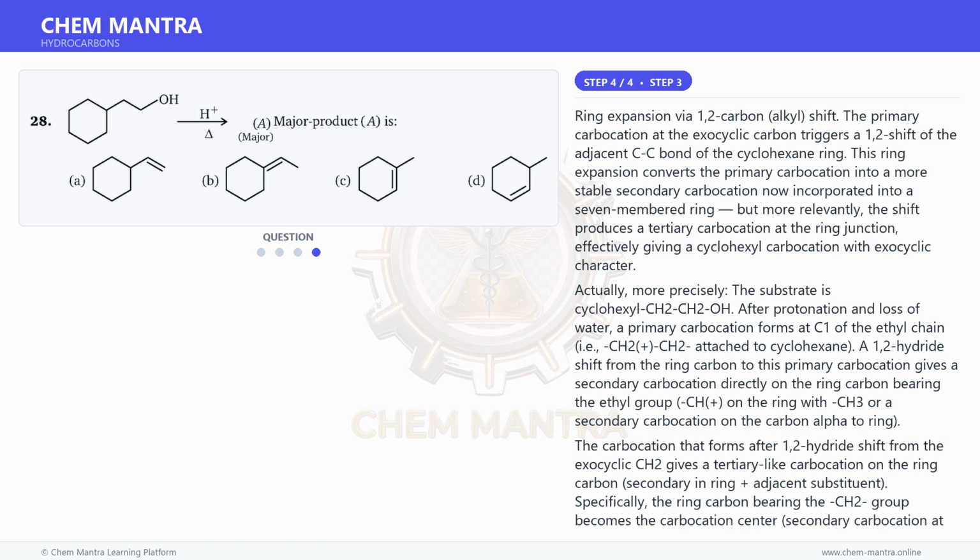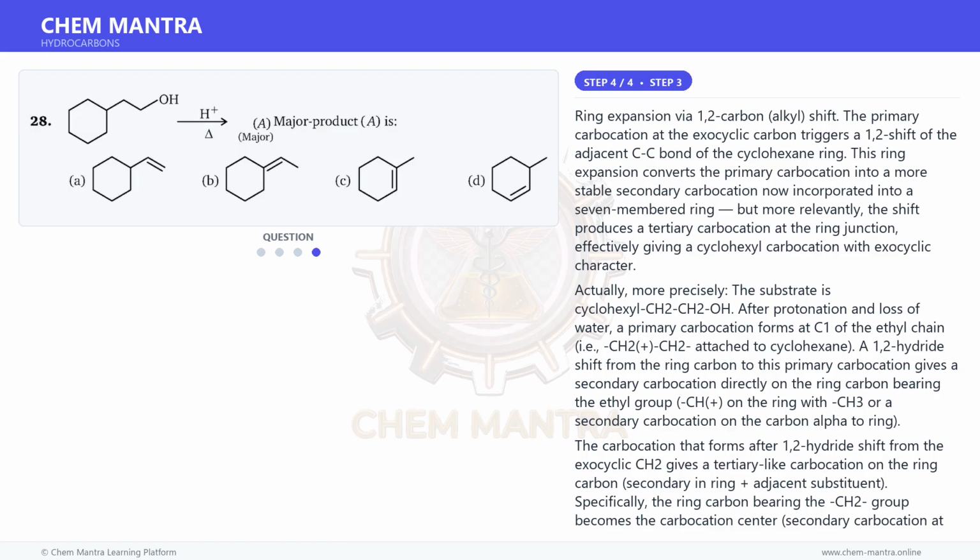exocyclic character. Actually, more precisely, the substrate is cyclohexyl-CH2CH2OH. After protonation and loss of water, a primary carbocation forms at C1 of the ethyl chain, i.e., CH2+ CH2 attached to cyclohexane. A 1,2-hydride shift from the ring carbon to this primary carbocation gives a secondary carbocation directly on the ring carbon bearing the ethyl group, CH+ on the ring with CH3, or a secondary carbocation on the